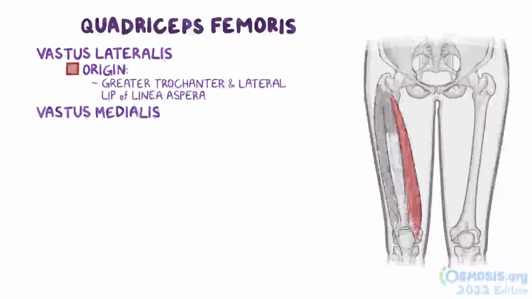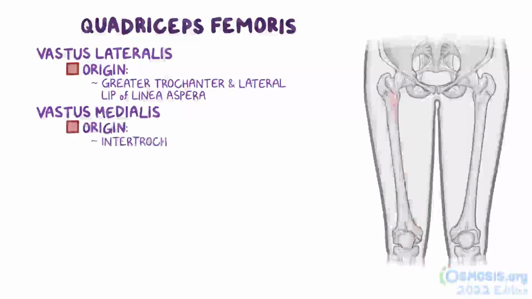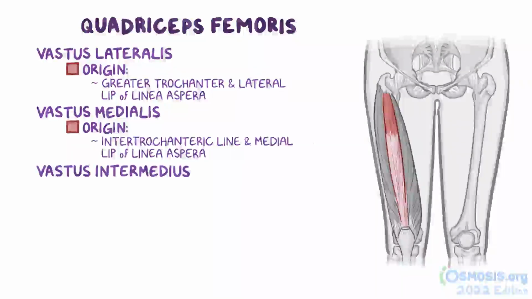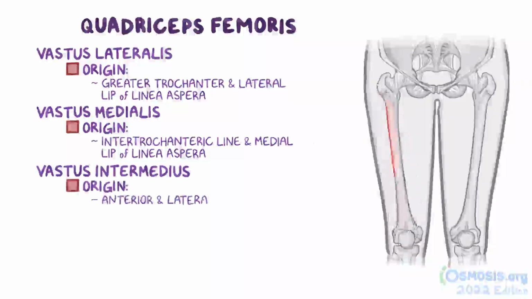Vastus medialis covers the medial side of the thigh and originates on the intertrochanteric line and medial lip of the linea aspera. Vastus intermedius lies between the vastus medialis and vastus lateralis and originates on the anterior and lateral surfaces of the